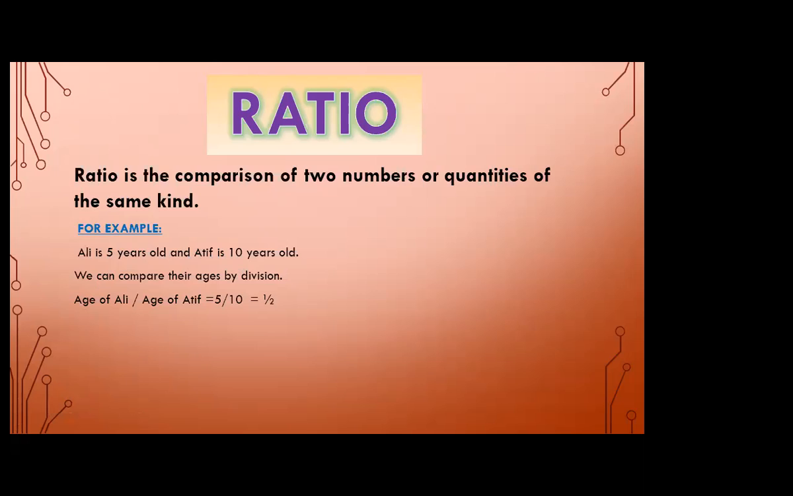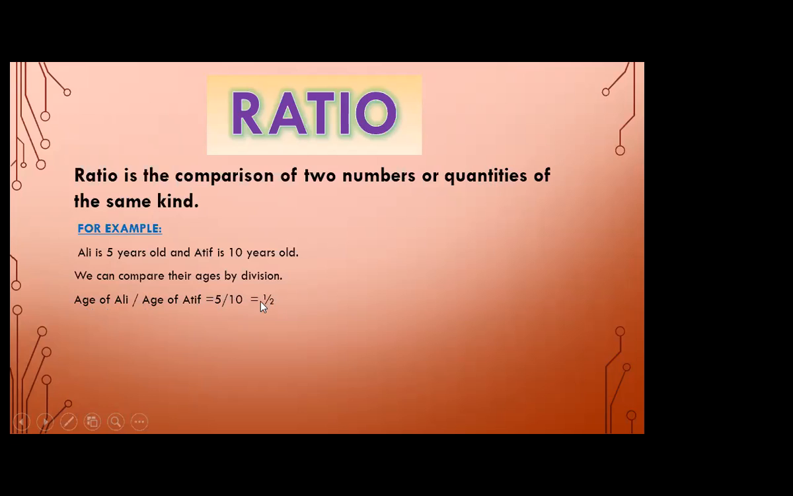Here in this chapter, we can compare their ages by the division also, just like age of Ali upon age of Atif. Okay, what is the age of Ali? Ali's age is 5 and age of Atif is 10. Now 5 ones are 5 and 5 twos are 10. So we get